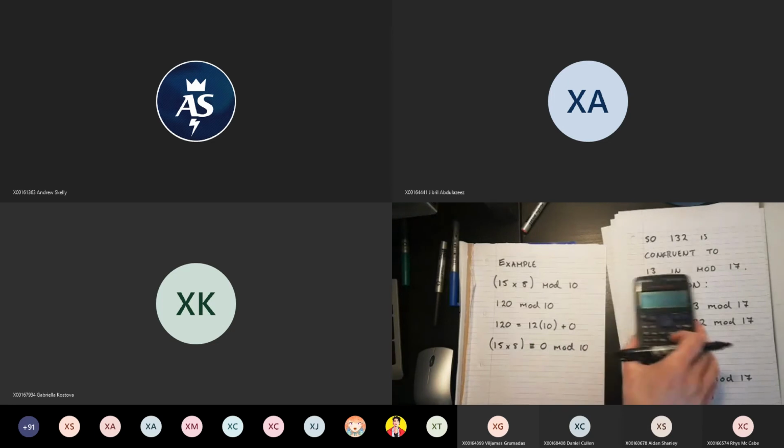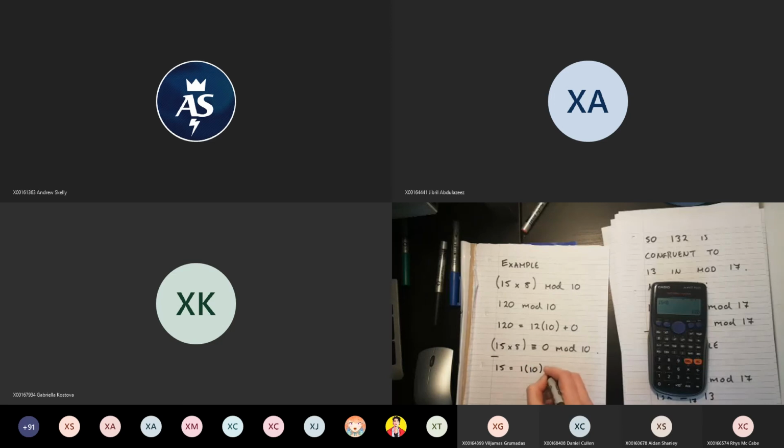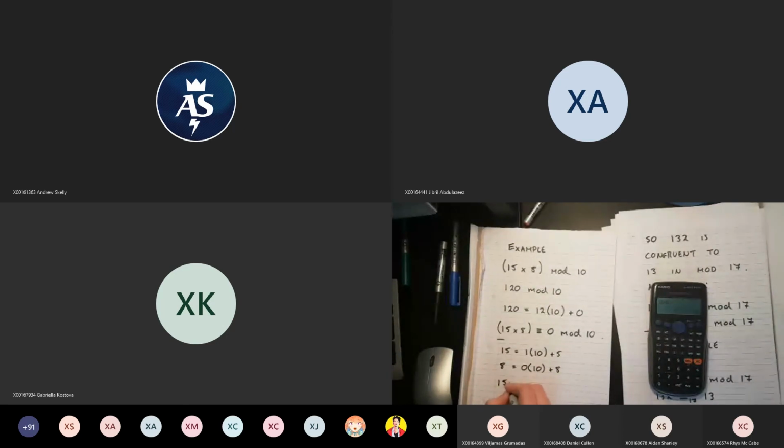If I want to work out the multiplication first, that's fine. However, I can instead decide to work out the remainders first. So 15 is 1 times 10 plus 5. The numbers are small enough that we know what the remainders are here. And 8 is 0 times 10 plus a remainder of 8. So now 15 times 8